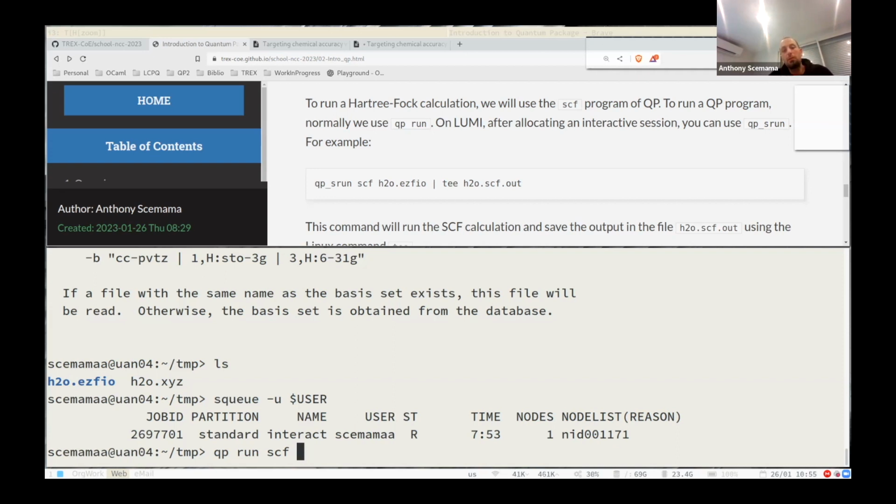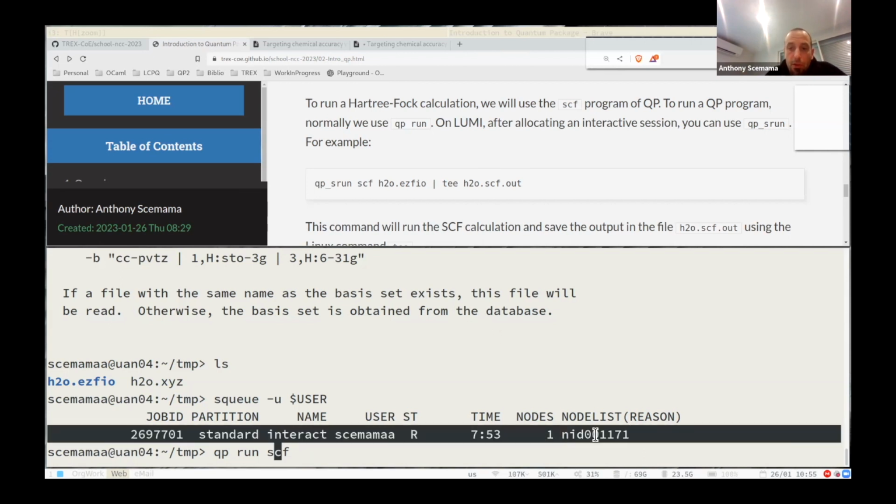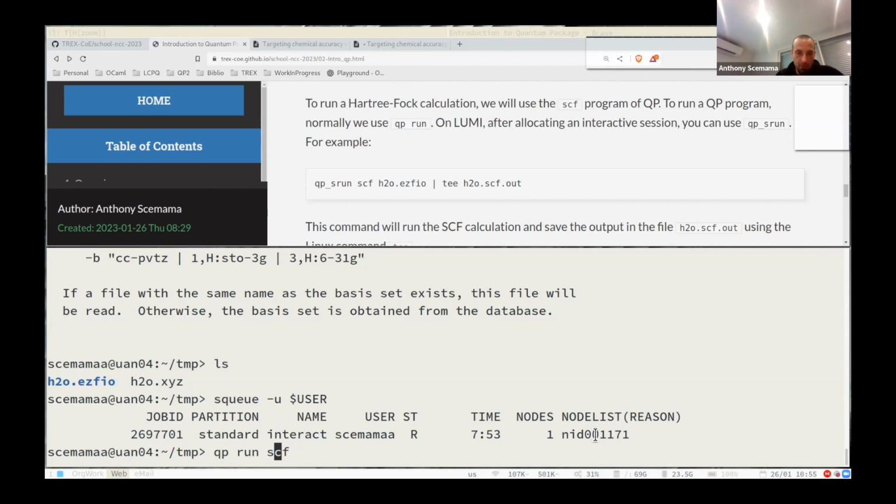Here we need to use the node that we have reserved to run the calculation. So instead of doing QP run, we do QP srun SCF and the name of the directory, and this is going to run a Hartree-Fock calculation.